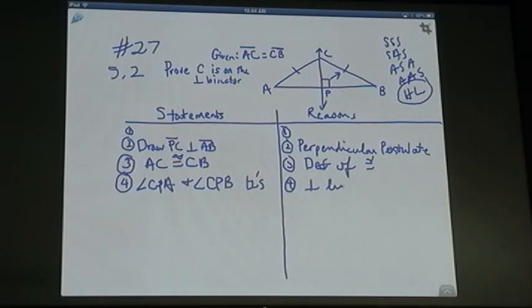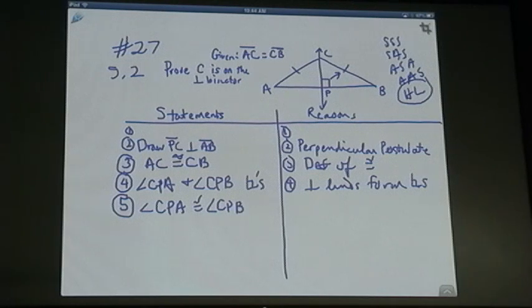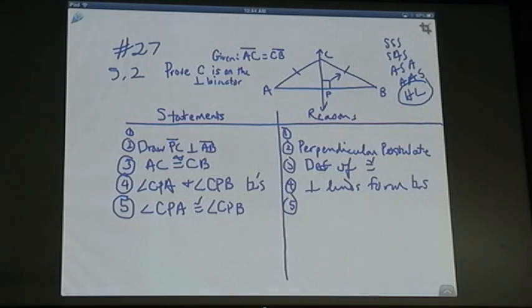Perpendicular lines form right angles, or you could use the definition of perpendicular lines. Are they congruent to each other? Angle CPA is congruent to angle CPB. Why? All right angles